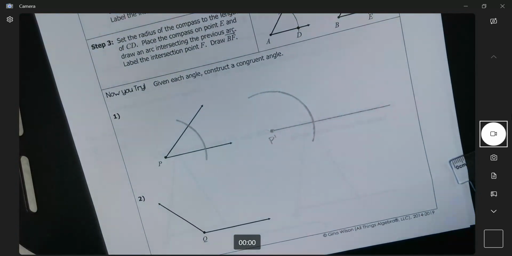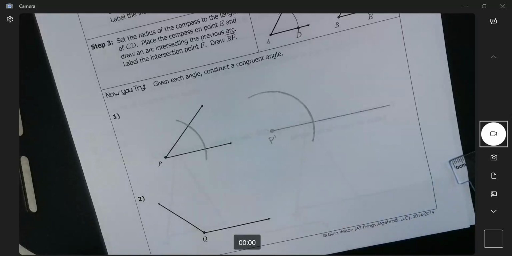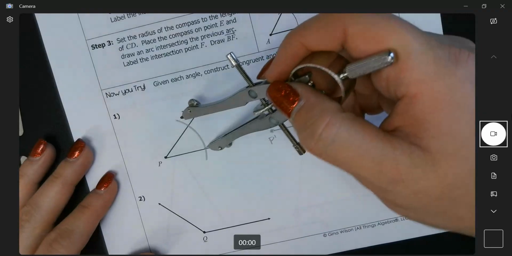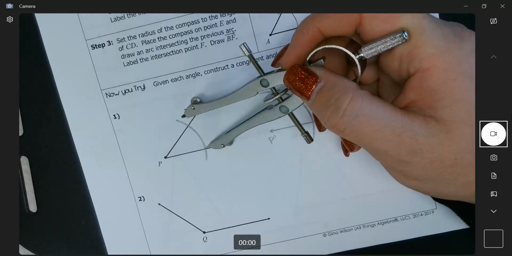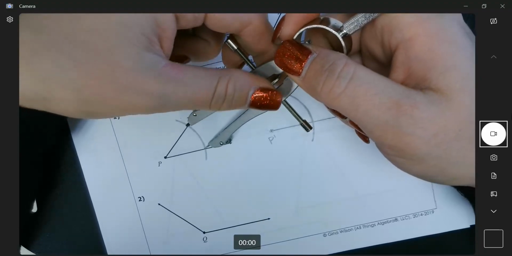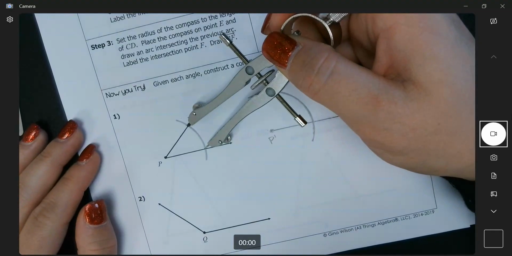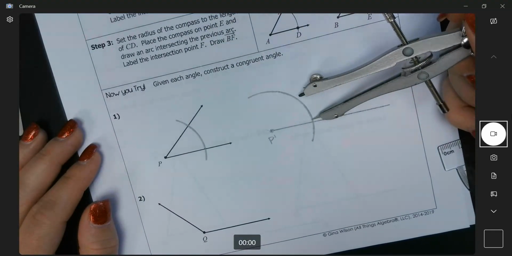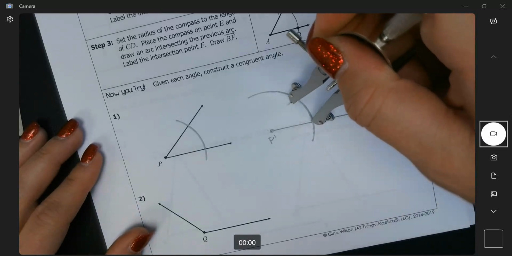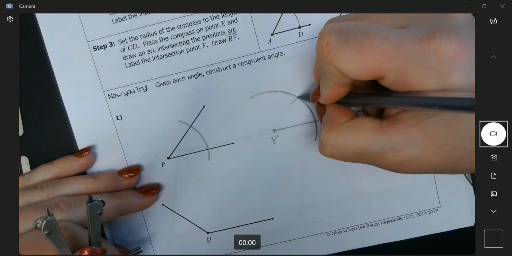Make it a little bigger than the one that you did first, because we need more room to work with here. And then what you're going to do is stretch your compass to be the width of the angle here. That's pretty much finding the measure of that angle without the protractor. So let's do this. Good. Right, so there's the width of my angle, and I'm going to take the point of my compass and place it on this spot here and make an arc. Doesn't have to be big, it could be a tiny one. And just where they cross,